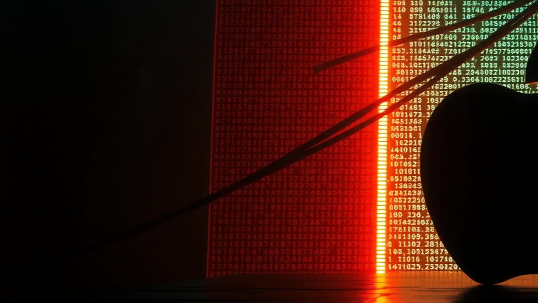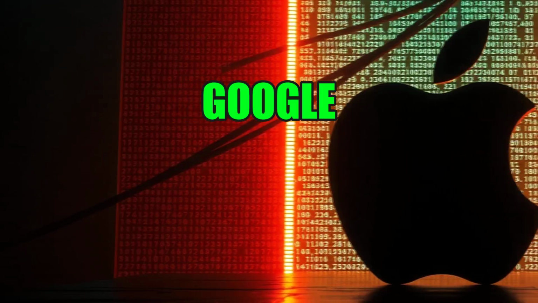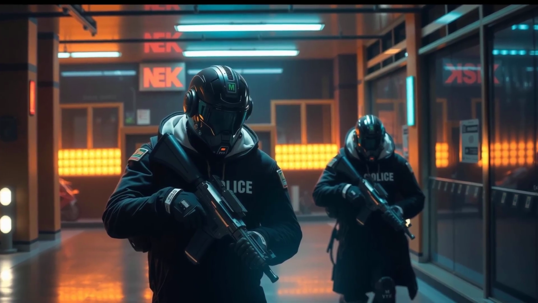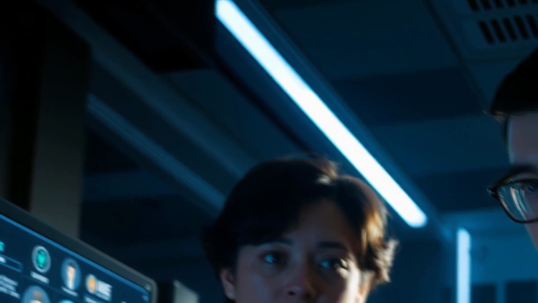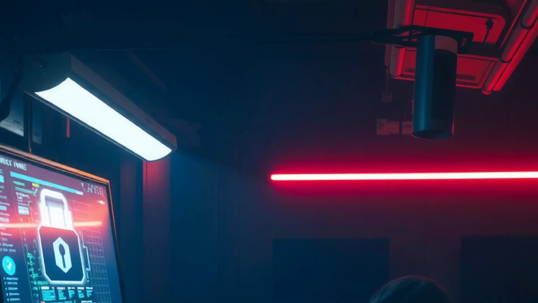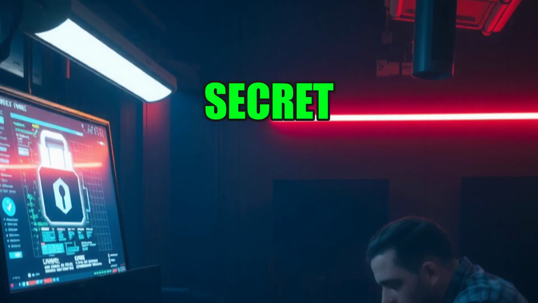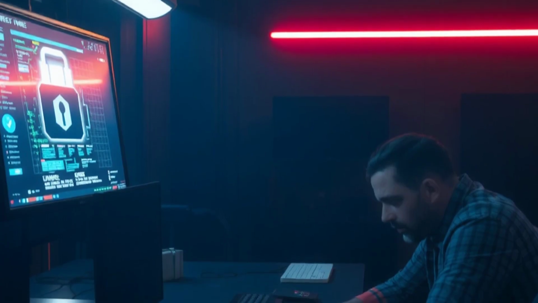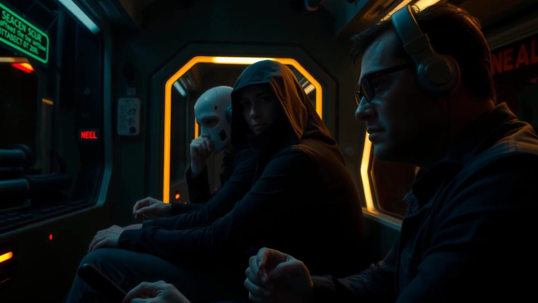Apple's statement was brief, simply acknowledging the report from Google Tech and confirming the exploit. They declined to provide any details on the attackers or the number of individuals targeted. This is a classic dilemma in cybersecurity: transparency versus security. On one hand, keeping the details of the attack secret can protect ongoing investigations and prevent other attackers from learning the exact techniques used. It avoids tipping off the spies that you're onto them.